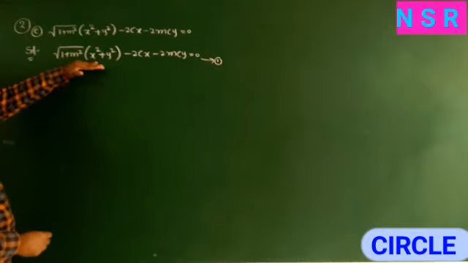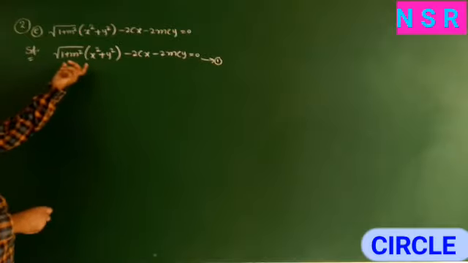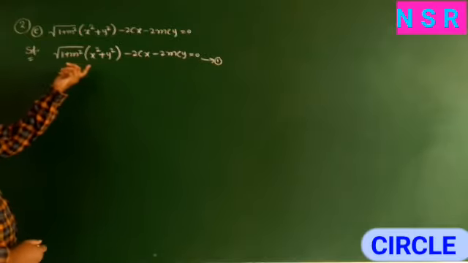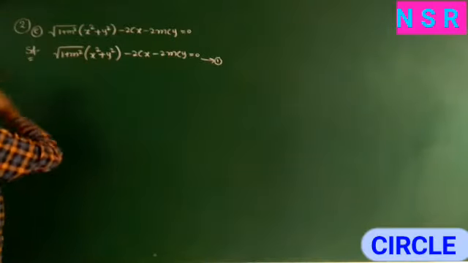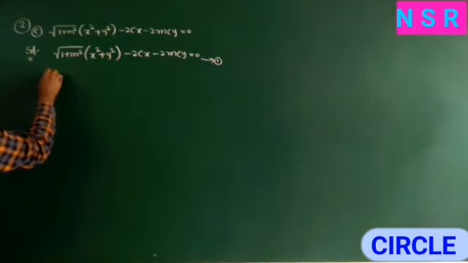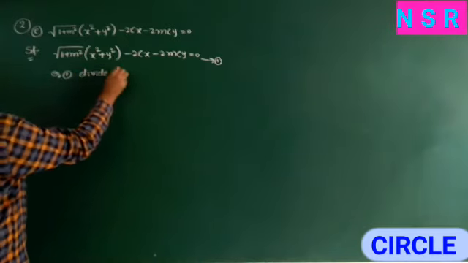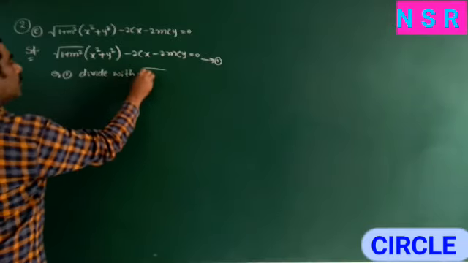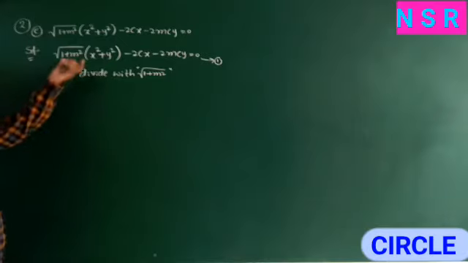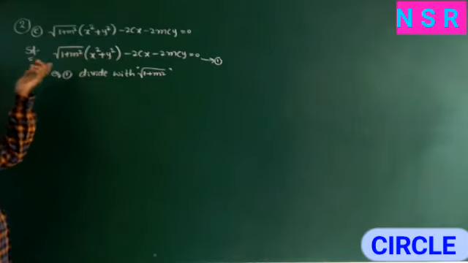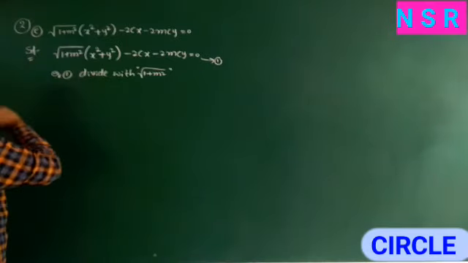So here the x square plus y square coefficient is root 1 plus m square. So you make the x square and y square coefficient equal to 1. So divide equation 1 with the root 1 plus m square. Why are we dividing with the root 1 plus m square? Because we make the x square and y square coefficient 1. So divide with root 1 plus m square. Here root 1 plus m square gets cancelled.